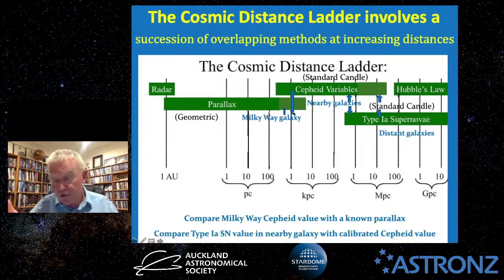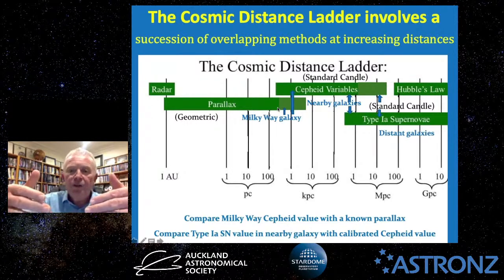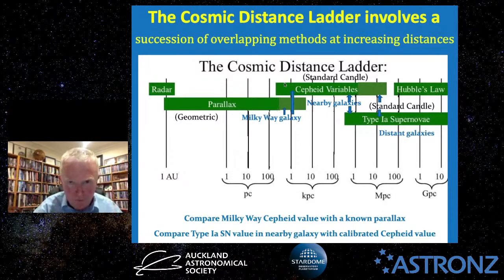And if it's a perfect match, that's great. But if it's not a perfect match, you know to calibrate those Cepheid variable values such that they match up with the parallax values. What you do then, knowing that you've just calibrated your ability to measure Cepheid variables with the instruments and the filters that you've got,